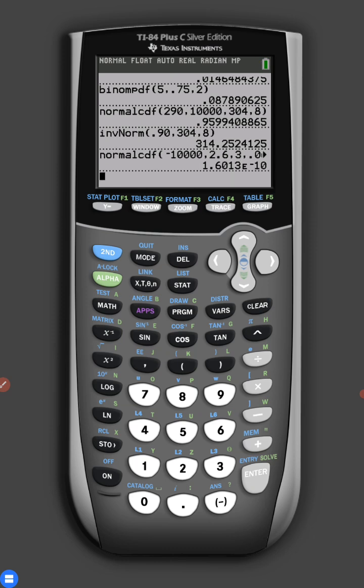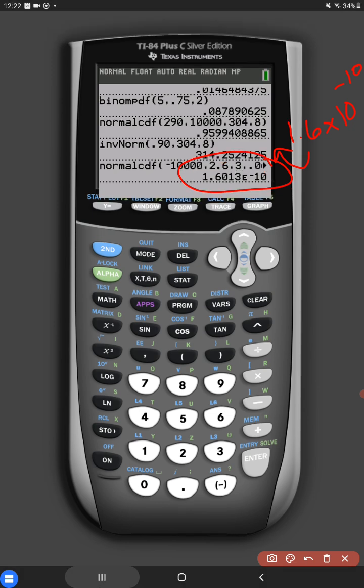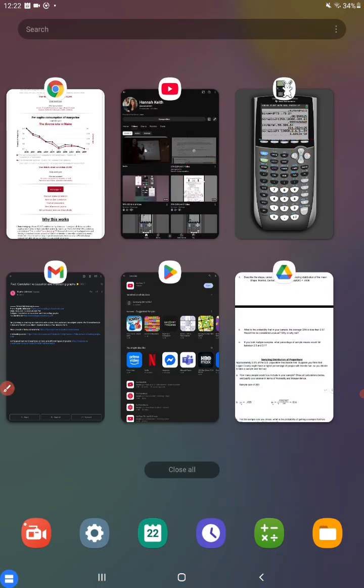Okay, and how do I read this information? So this is scientific notation. This is saying that the answer is 1.6 and then roughly times 10 to the negative 10. So what that means is we would have to move our decimal place 10 places to the left. So it's like 0.00000016. That is a very tiny probability, right? So with that in mind,